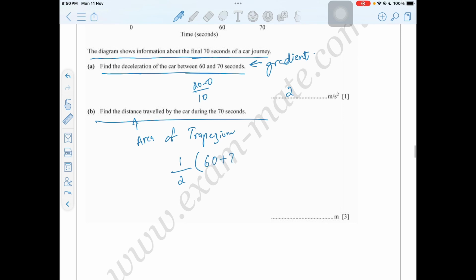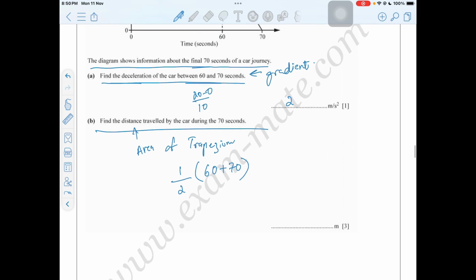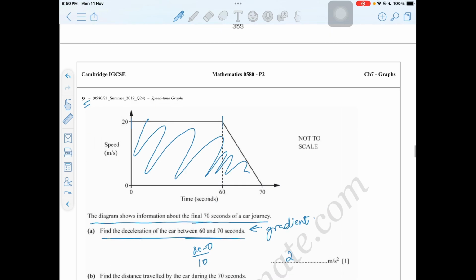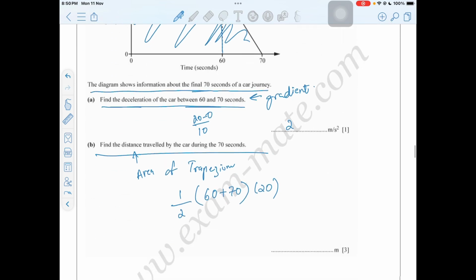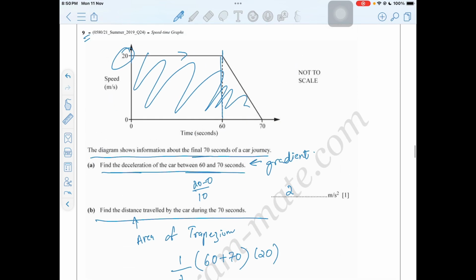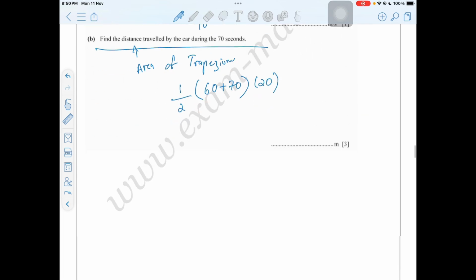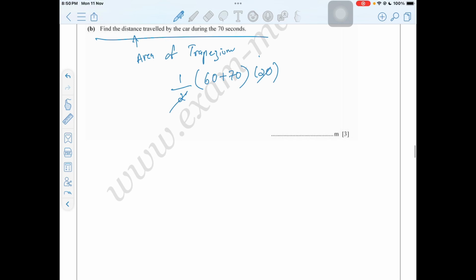So this would be 60 plus 70. We have our height as 20. This is basically our height. This is the height of the trapezium, right? We have these two as sum of parallel sides. This is 60 and this is 70, right? So this would be cancelled out, and we get our answer as 130, and 130 multiplied by 10 would